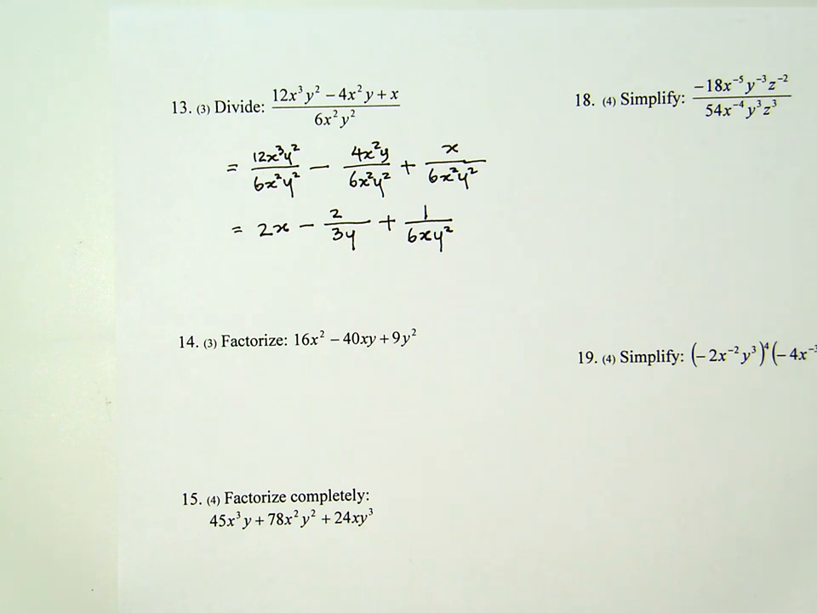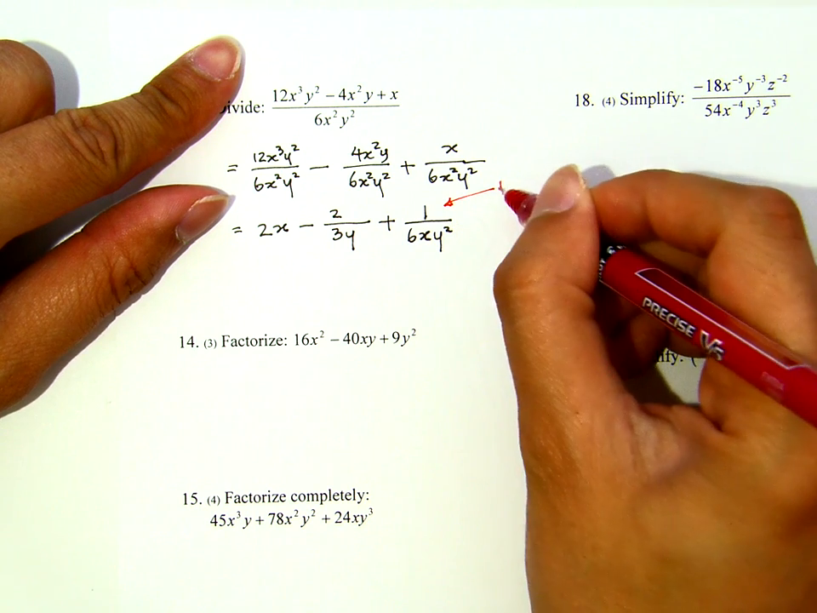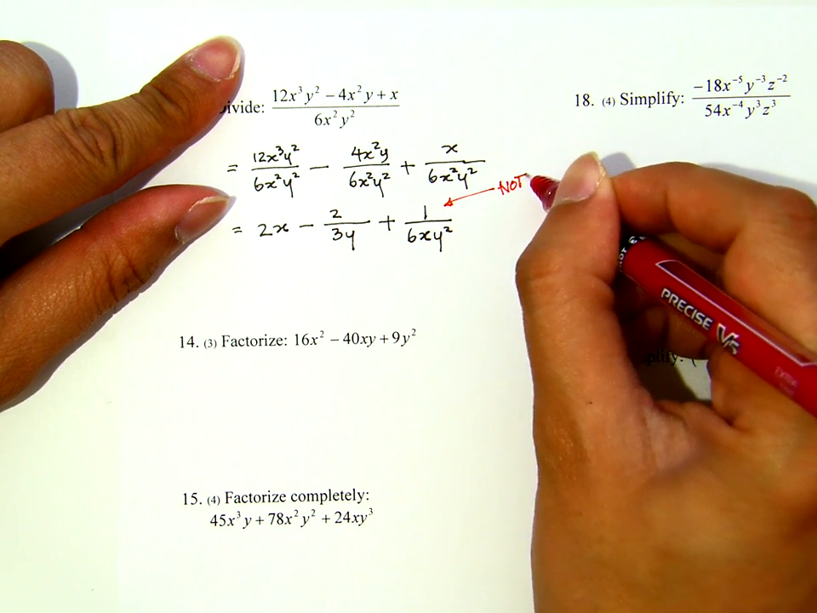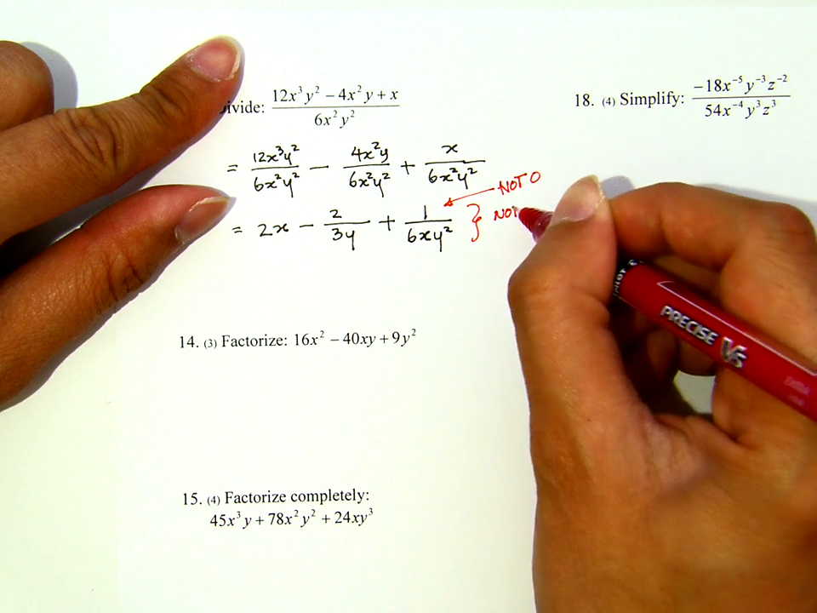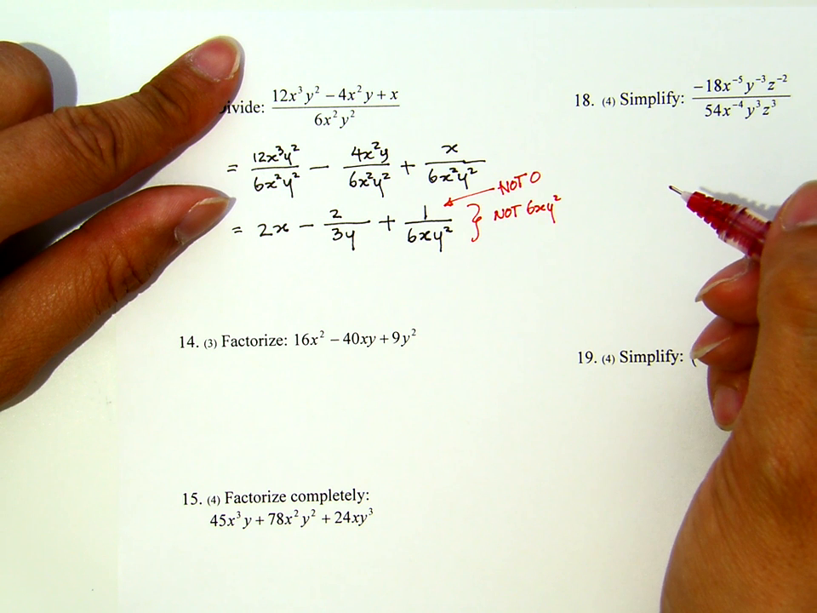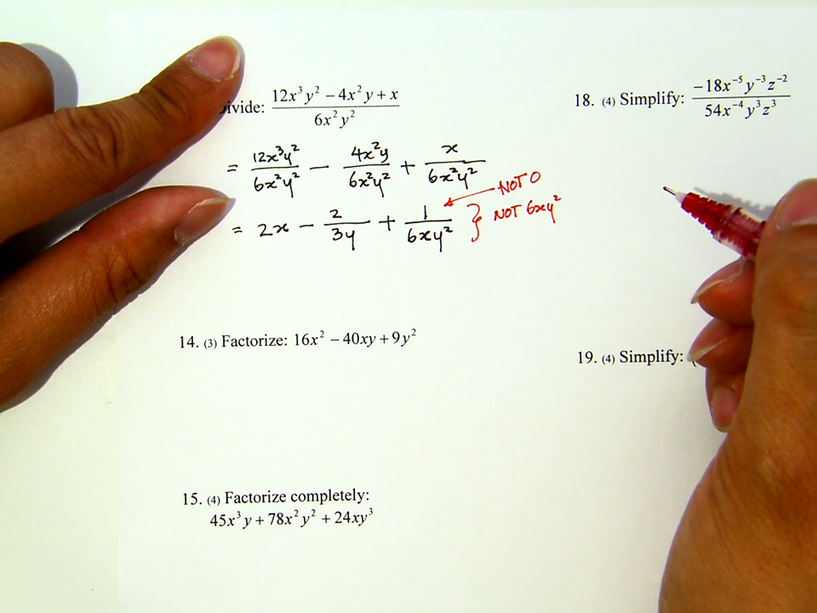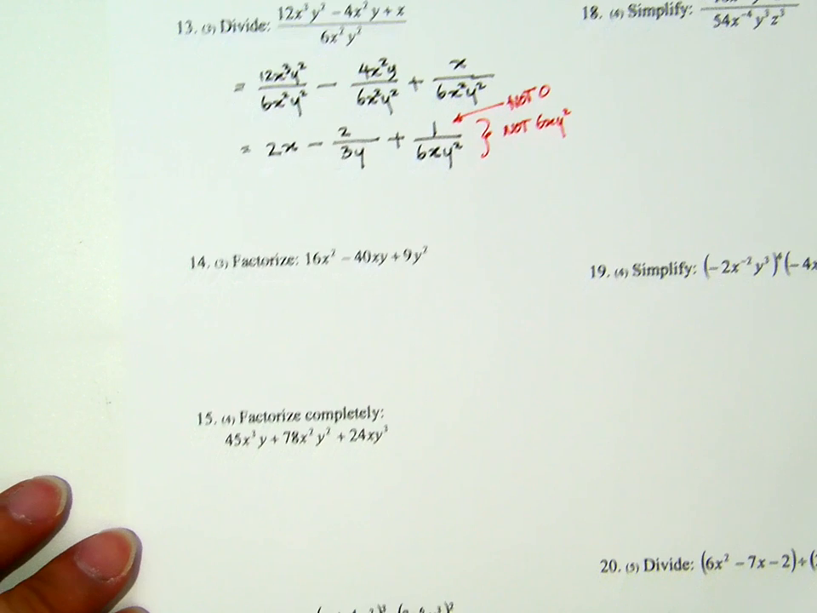Okay, a big warning. Maybe I put a mark there. This is not 0. Also, the whole thing here, not 6xy squared, as if they were on the numerator. No, it is on the denominator, and because it's on the denominator, you need to put 1 over. That's for number 13. Number 14,